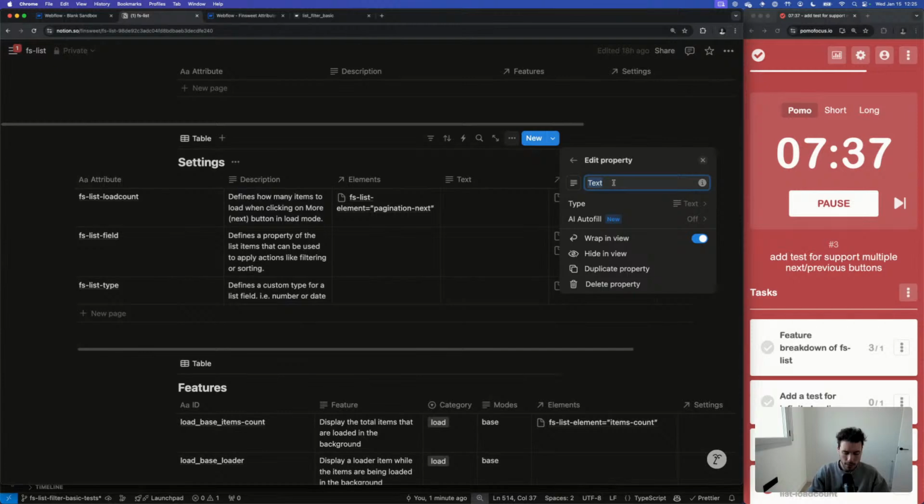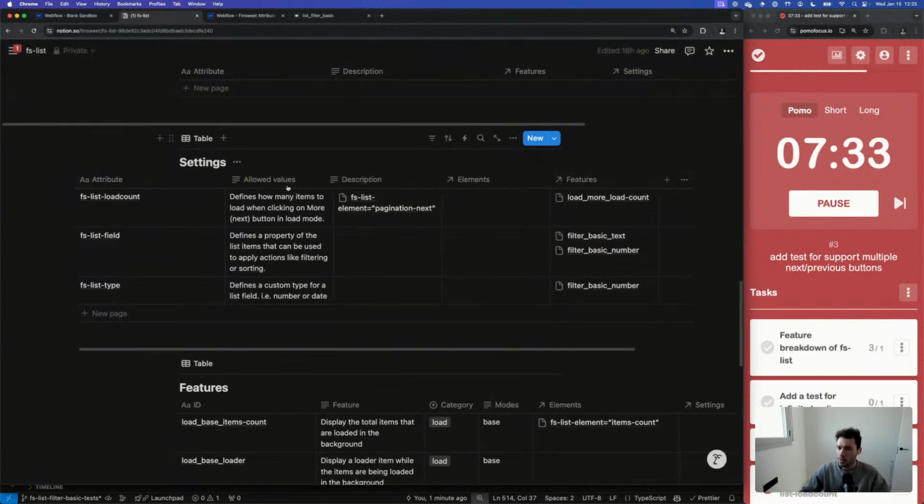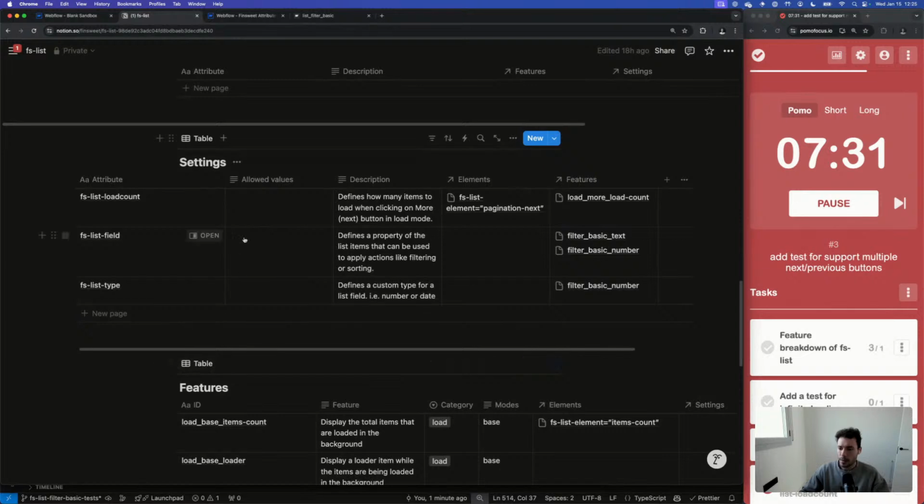Allowed values. And this load count can be any number. List field can be any string. And fs list type can be either number or date.